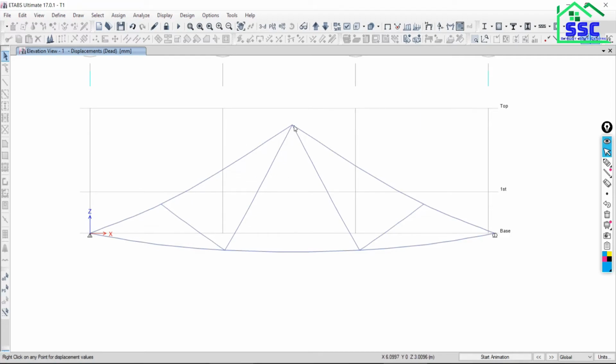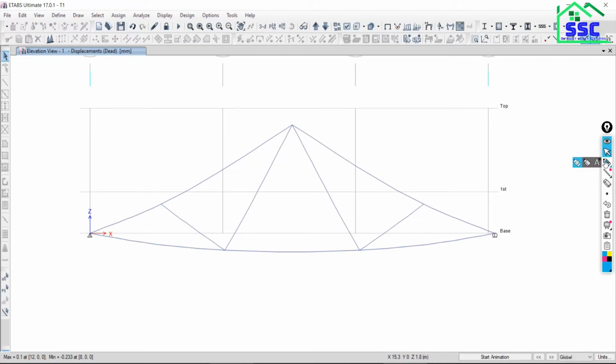This is actually the deformed shape. This will give the results of each joint. The translational displacement in the x direction is 0.05. In the y direction, 0.000. In the z direction, the deflection from this point to this point is minus 0.227. Movement is 0, 0, 0. Got it? So this is actually the deformed shape of your structure, your model.